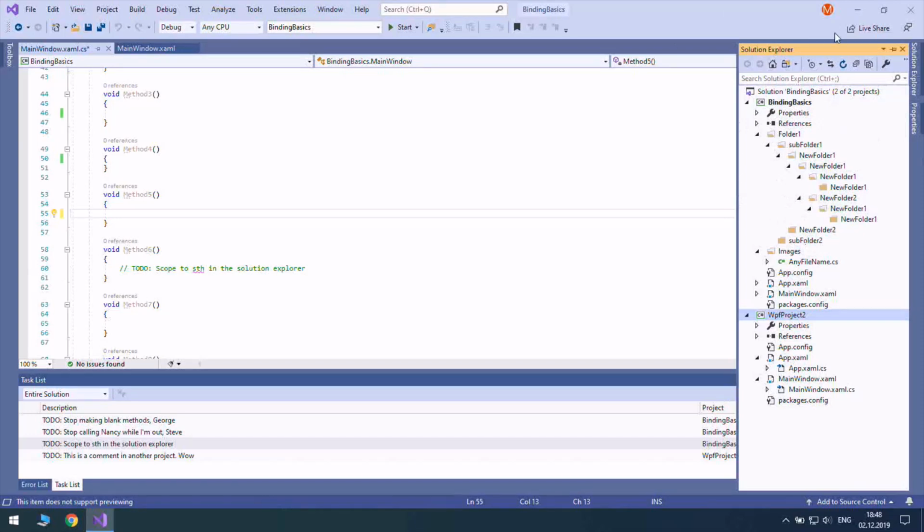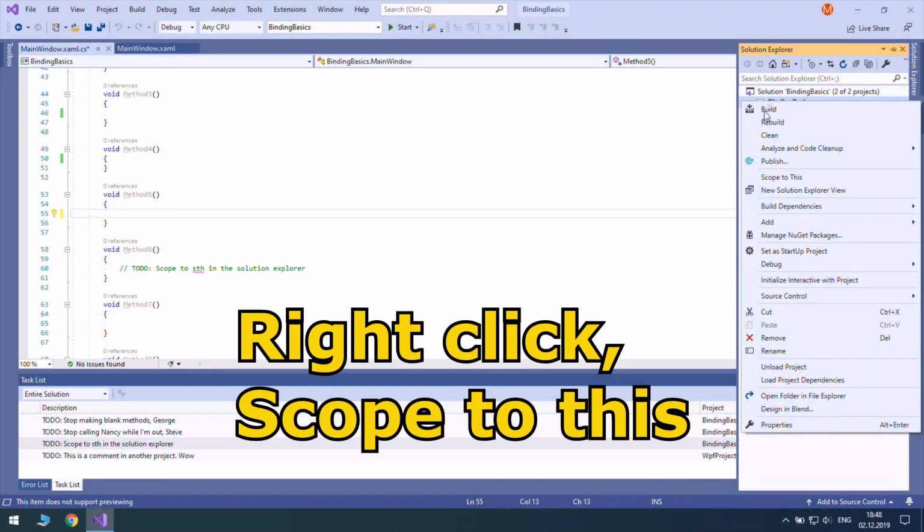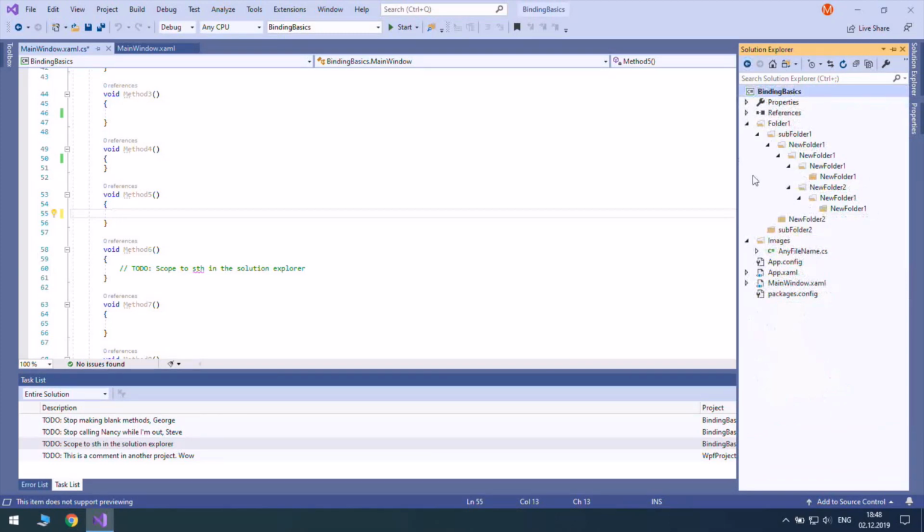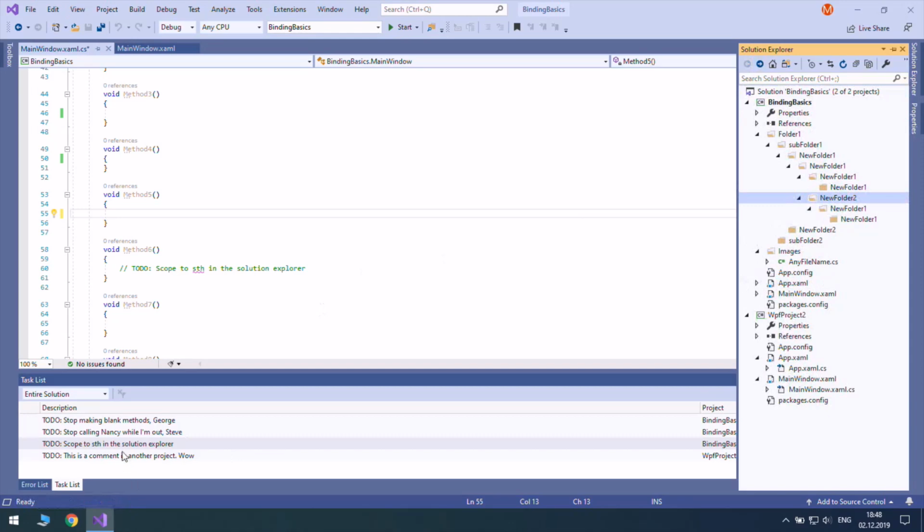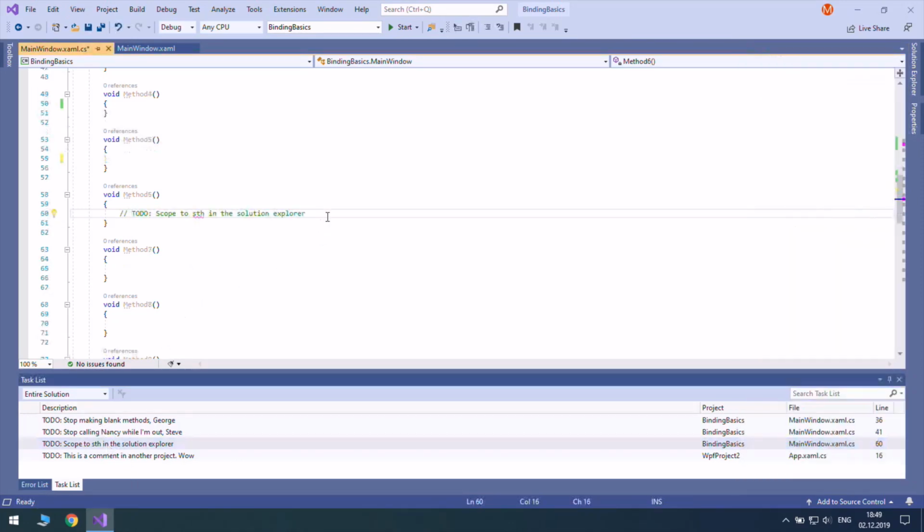So you can scope it by pressing any element that you are interested in and selecting scope to this. And as you see, it presents you a sub-view of the whole Solution Explorer. For example, let's scope to this, and there you have it. Okay, so let's move on. And we scoped.